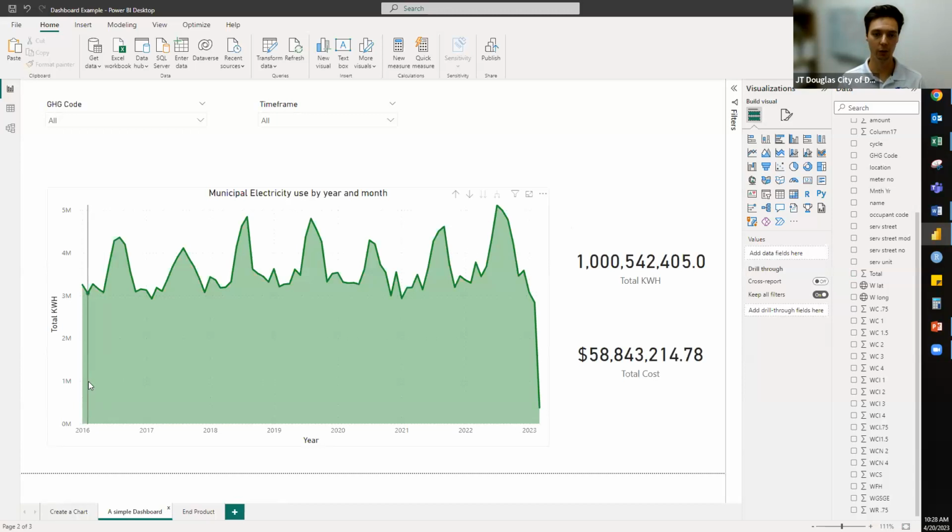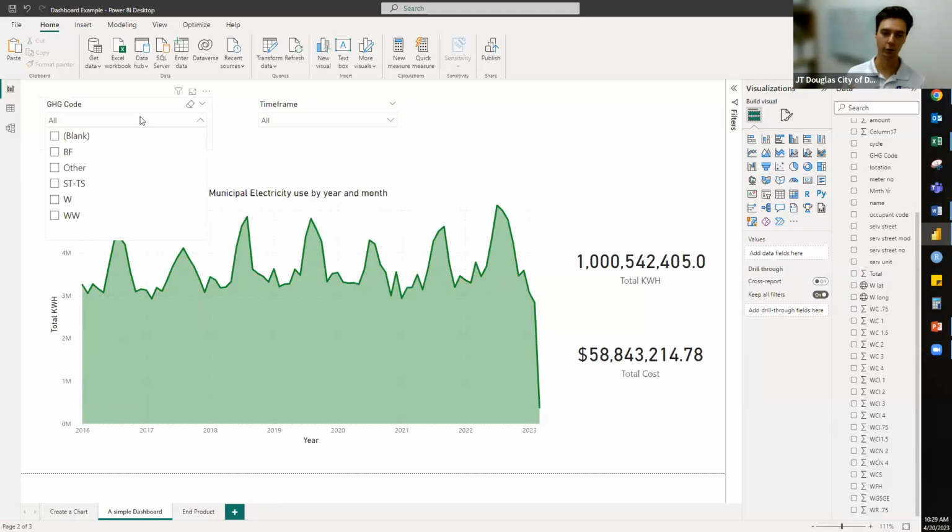And that's really important when we talk about these dashboards. So we want to create a safe space where folks can ask questions of the data by themselves and get a nice usable answer. So what do we have here? So we've got some filters at the top. So in the city of Denton, when we put together our state reporting for Senate Bill 241, we want to take a look at our buildings and facilities.